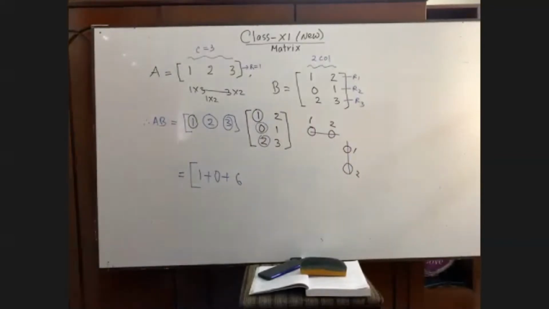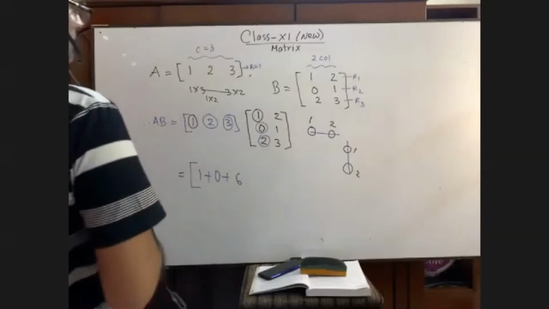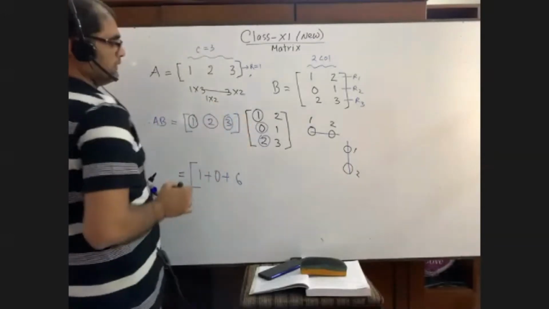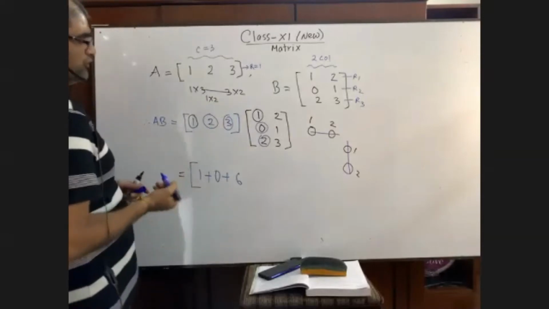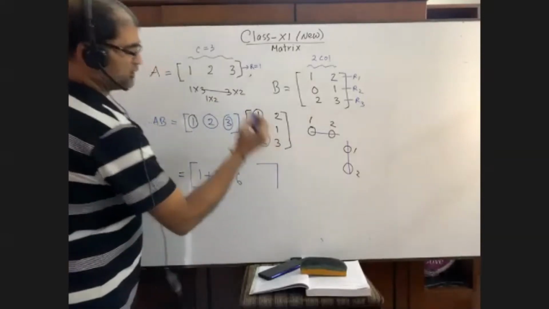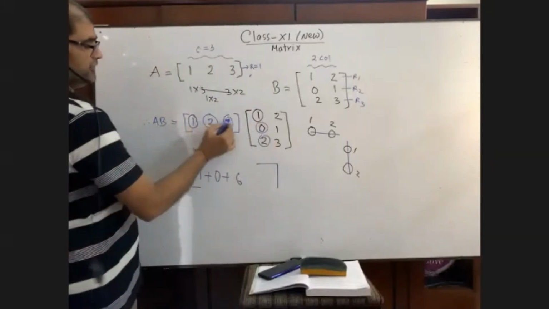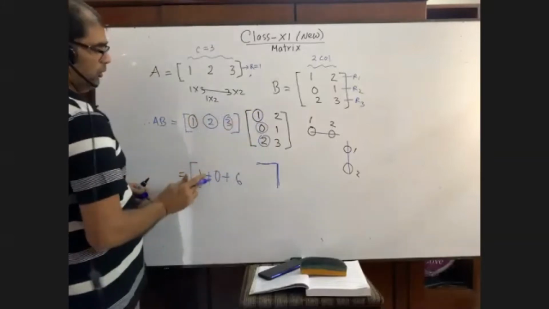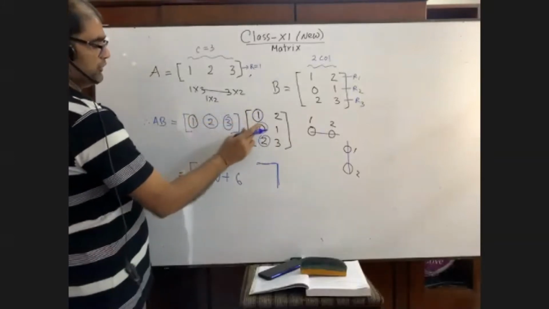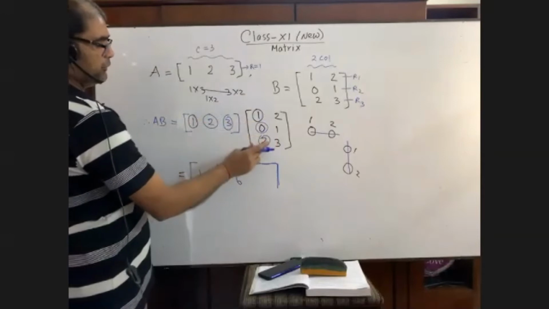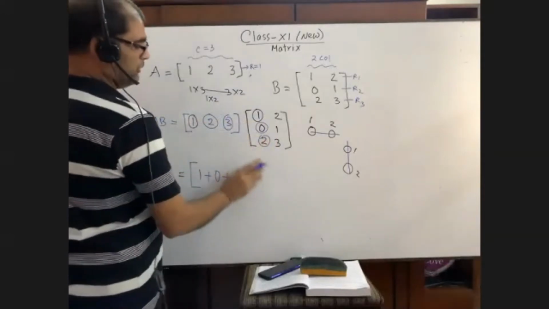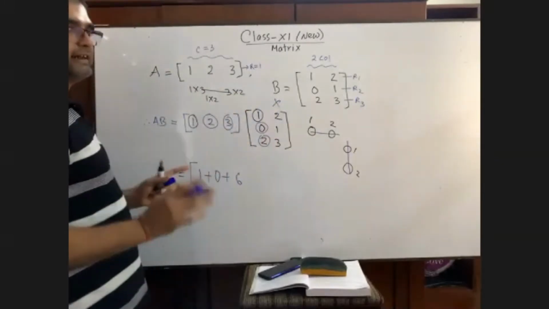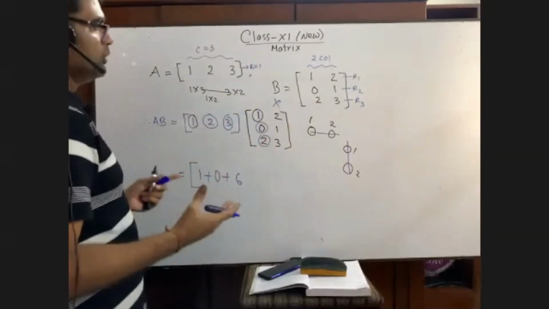Is there anyone here who doesn't understand? Try to understand. I repeat, you see, in this way, the multiplication will be in this way. This is horizontal and this is vertical. 1 into 1, 1, 2 into 0, 0, 3 into 2, 6. This is done. Now what is left? You see, this is left. Now, in the same way, we have to multiply it.